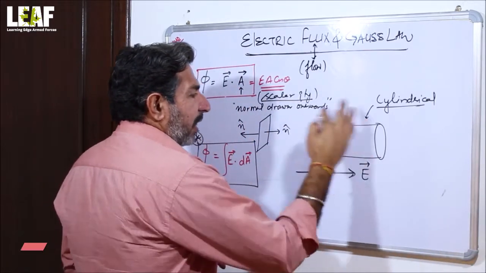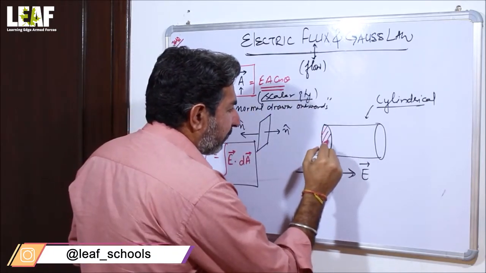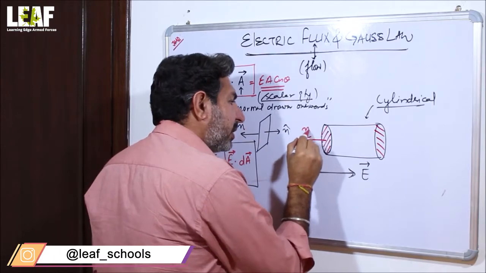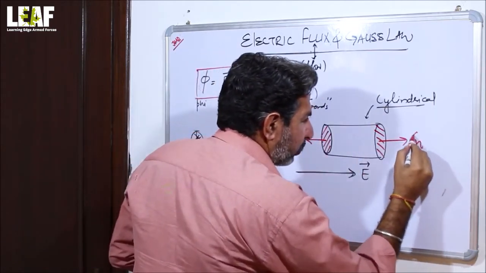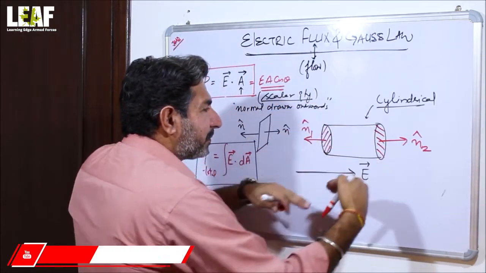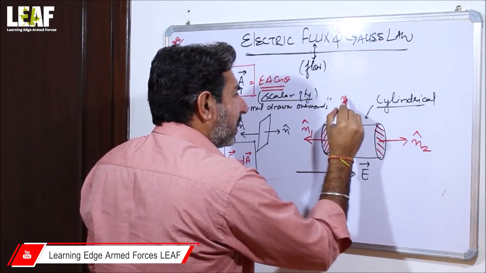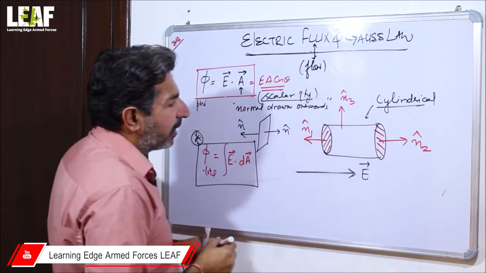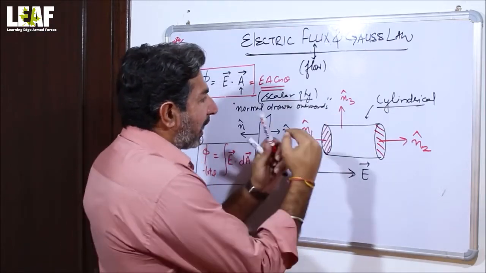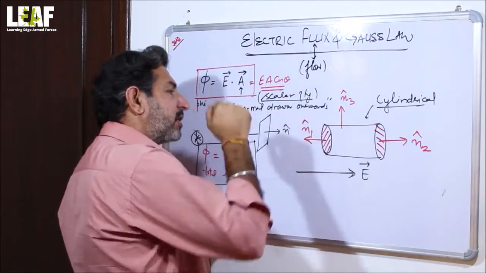So, what is the electric flux associated with this element? Obviously, there is one surface here and another surface there, and for this surface the normal vector drawn will be outwards. For this surface the normal vector drawn will be outwards. This is N1, this is N2, and for the curved surface of the cylinder, the normal vectors are drawn like this, that is N3. For any kind of curved surface, it is radially outwards. If I draw it in the three-dimensional way, I can draw it like this for this cross-sectional surface, and like this for this cross-sectional surface.